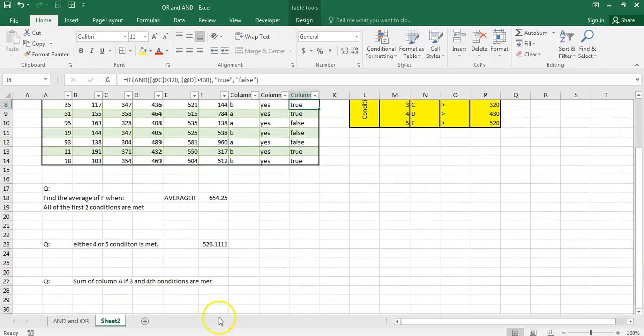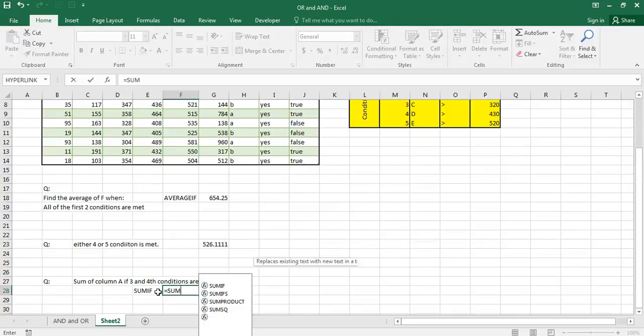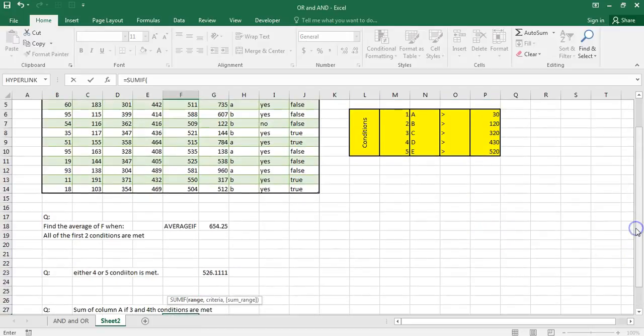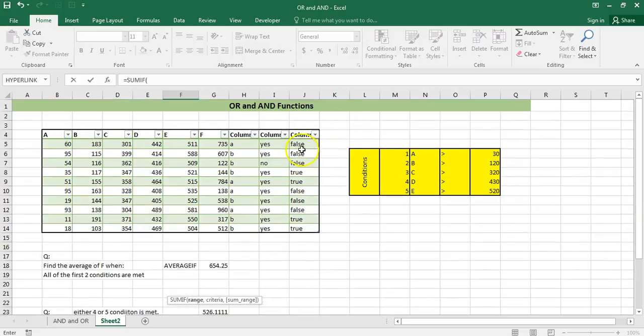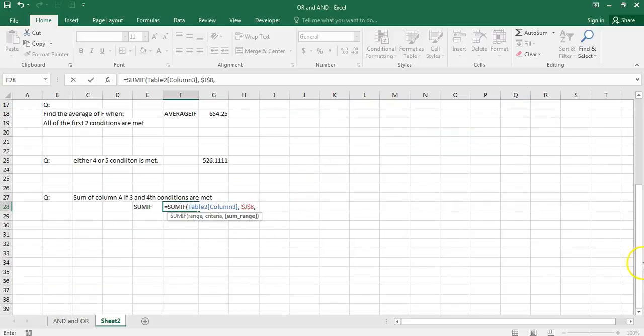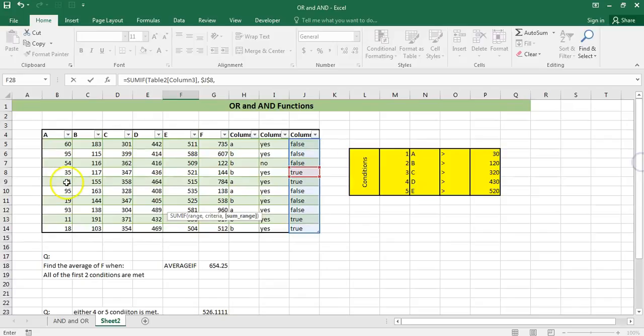So now you will do equals to sum if. Now the range for your criteria is the new column which we created, and your criteria is true, and the sum range is the A column. So you need the sum of A only when both of your third and fourth conditions are being met, which is depicted by the true over here. Now you will close your brackets and